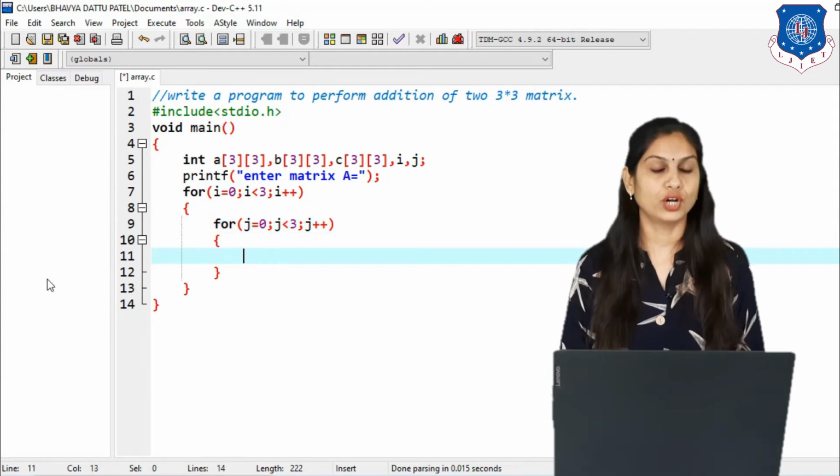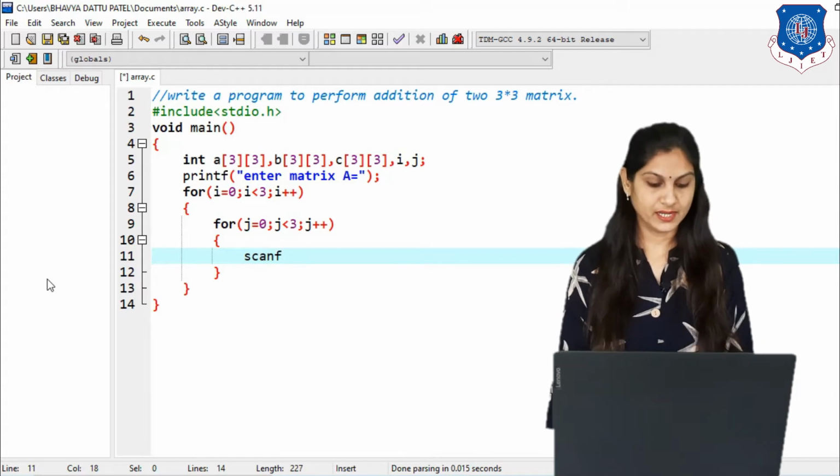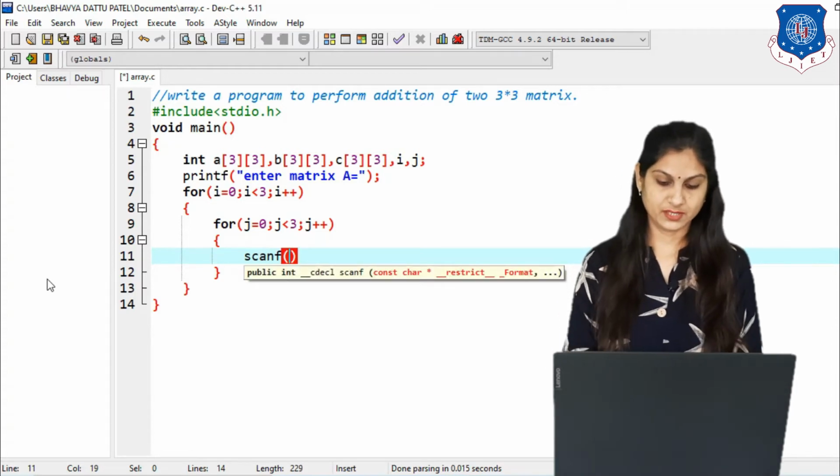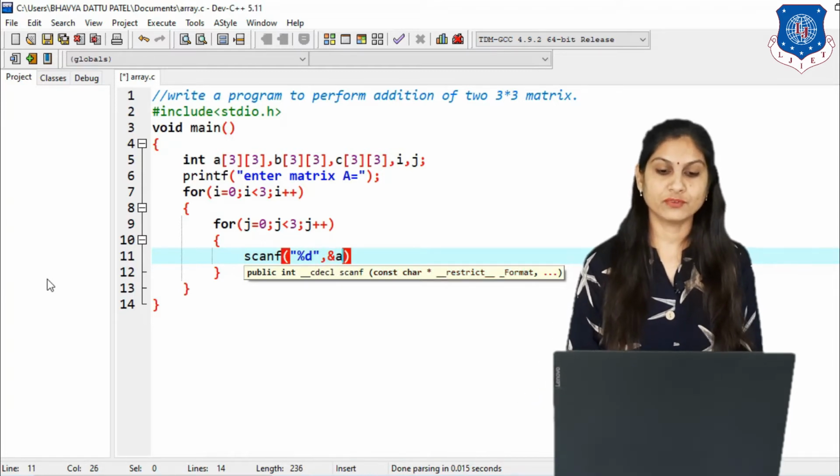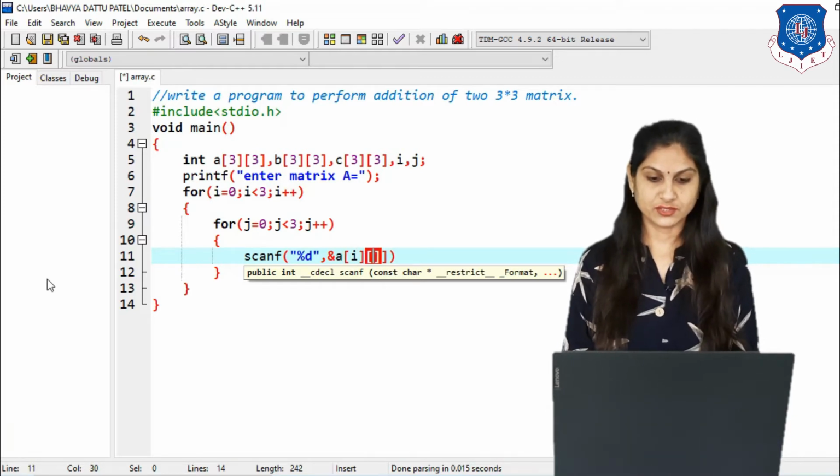Inside these two for loops we have to scan the data using the scanf function, %d, and then &a[i][j], first for the row and second for the column, that is j.